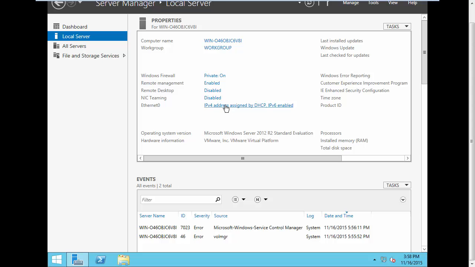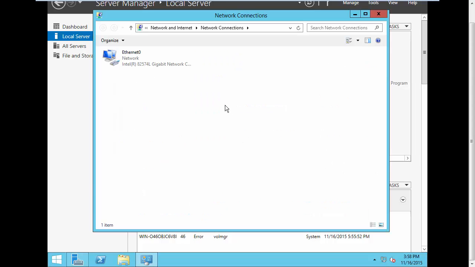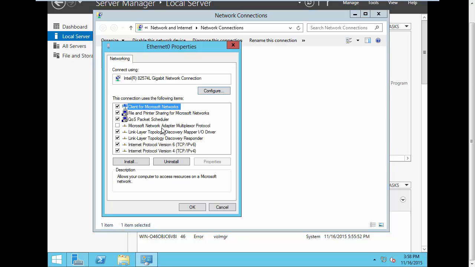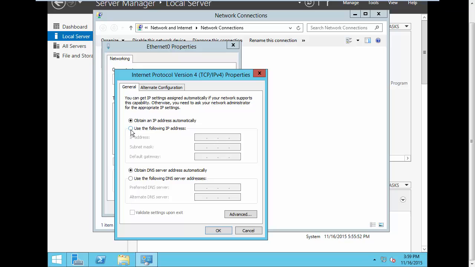I'm going to click on the IP addressing then. IP address assigned is by DHCP. I want to change that. I'm going to right-click on Ethernet and click on Properties. Go to IP version 4, click on Properties, and I want to give it the static address. The IP addresses are listed on the exam. Make sure you set the numlock on and hit